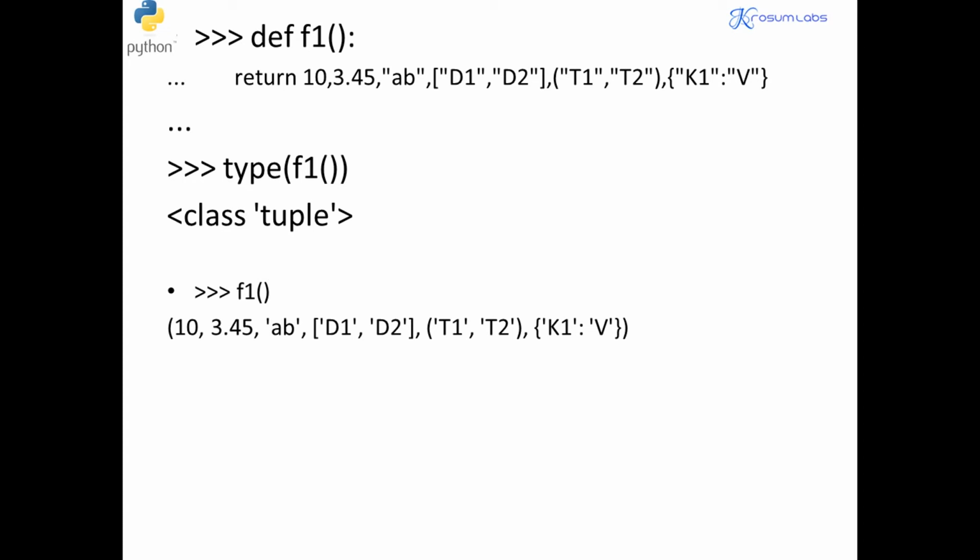A function returning a tuple means that inside the return there is more than one value. When a function is called with arguments and we get tuple type data, it means the return contained more than one value. So if a function returns more than one value, it automatically becomes tuple type data.